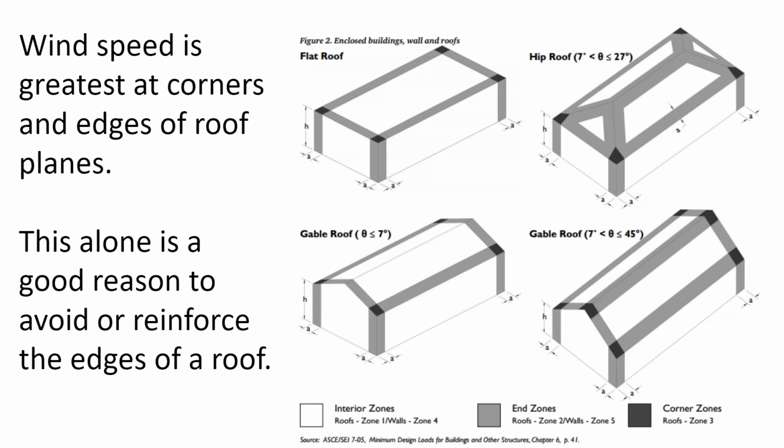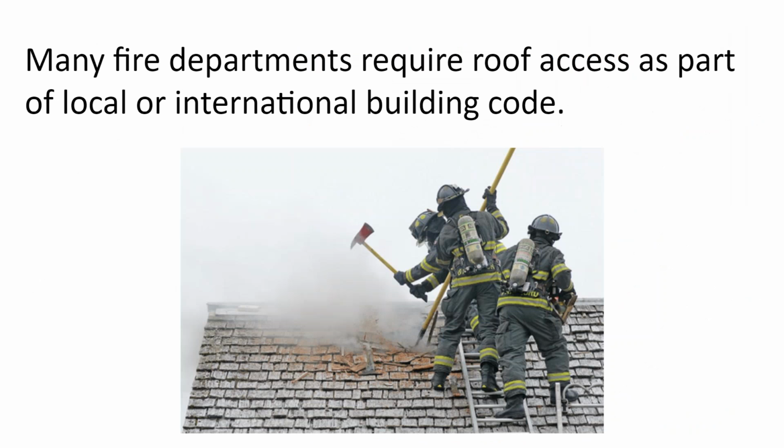Wind speed is greater at the corners and the edges of the roof, rather than in the middle of the roof. And so certain fire codes are going to require you to stay off the edges of the roof. And I think it's getting kind of silly because there's a lot of attention in the fire code and current iterations of